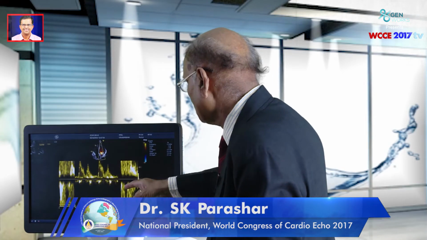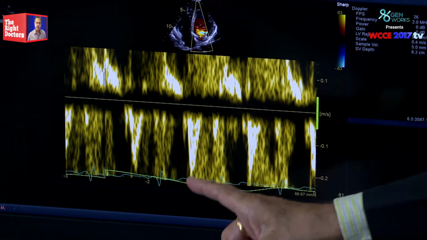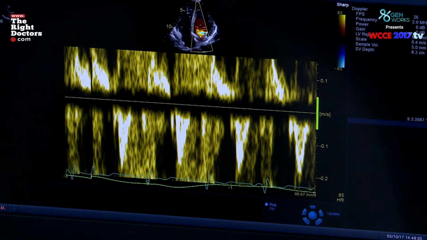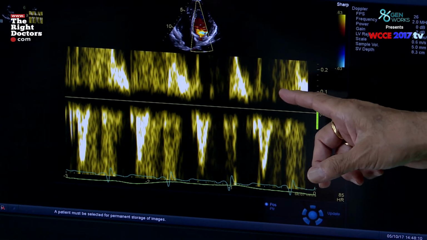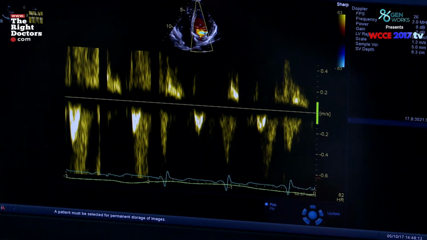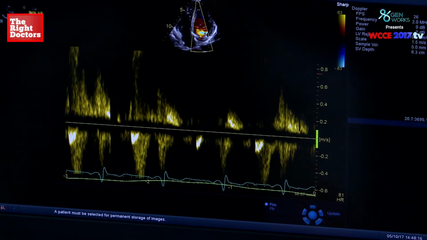Now you see, you are seeing the signal both above and below the baseline. That is known as aliasing, which is a feature of only pulse Doppler. That aliasing can be removed by increasing the velocity scale. That is one thing which we always see, and there are ways to remove this aliasing. So the pulse Doppler is usually used for recording normal flow velocities across normal valves and normal blood vessels, finding out stroke volume, cardiac output, or for diastolic dysfunction assessment. There we use a pulse Doppler.